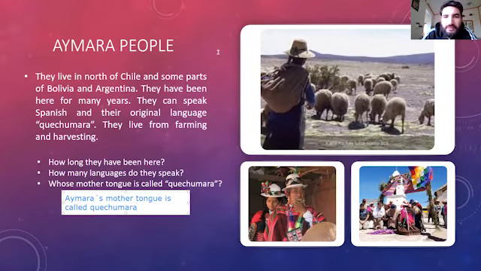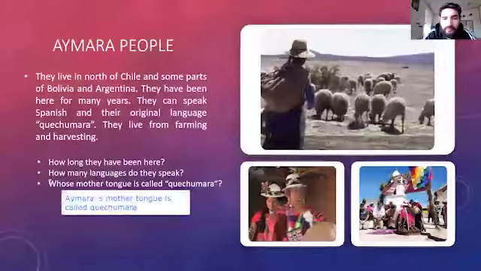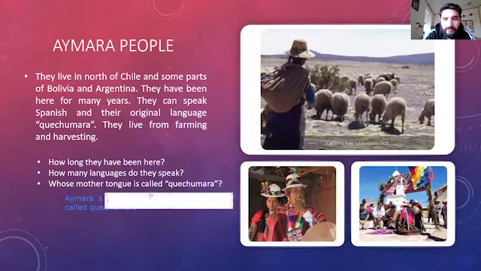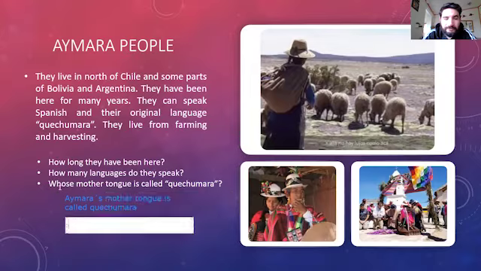And I want you to pay attention to this, okay? Quiero que pongan atención a esto. Every time that we answer whose in a question, this means that we are asking that something belongs to someone, ¿ya? Cuando usemos whose, estamos preguntando por posesión, ¿ok? Que algo le pertenece a alguien. Entonces aquí dice, ¿quién o de quién es la lengua llamada Quechumara? Y la respuesta va a ser